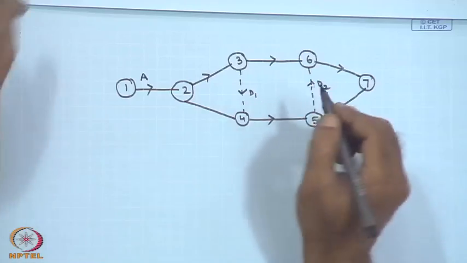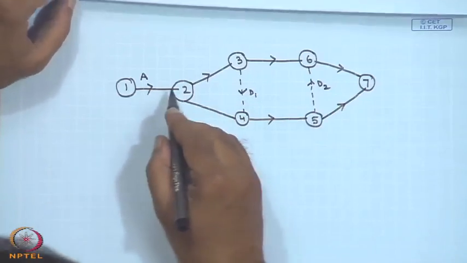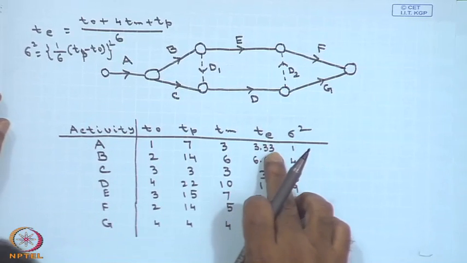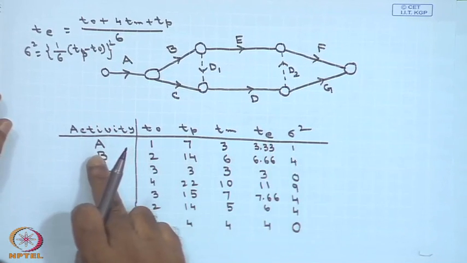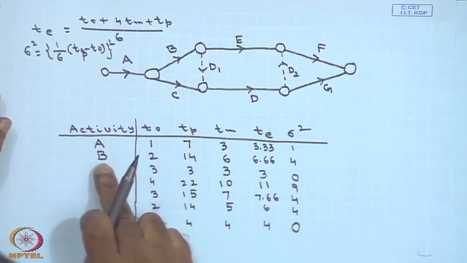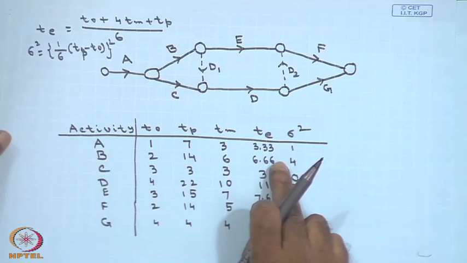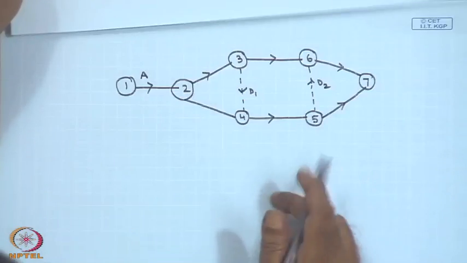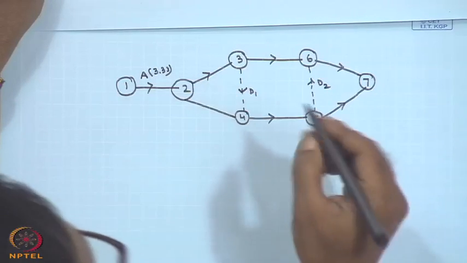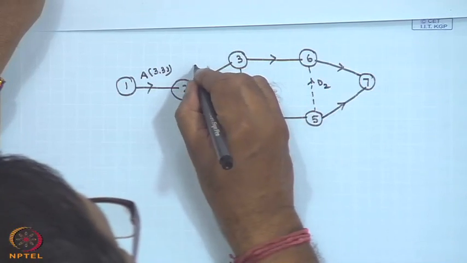For the activity A, now what is the expected time then? Expected time you are calculated from this table. Please note now the difference. For the time activity A, expected time is 3.33, for the activity B, expected time is 6.66, like that. So, for the activity A, now I am writing 3.33 here. For the activity B, it is now